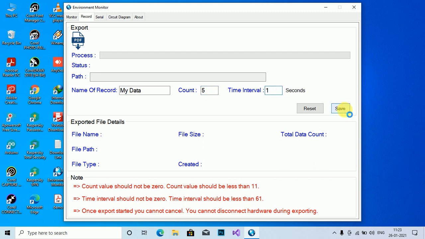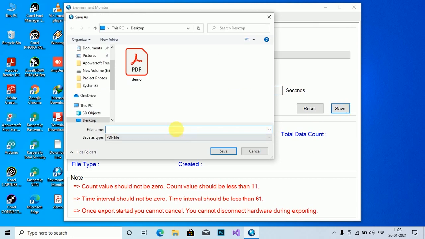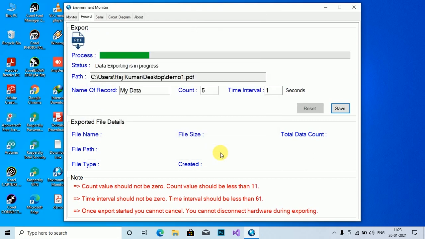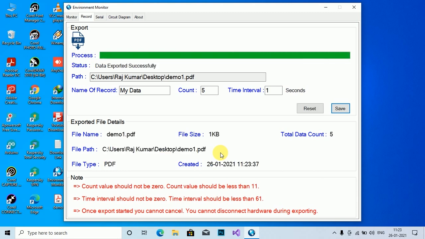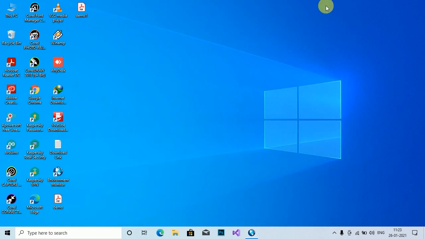Then again click on the save button, select your destination, give the file name. I am giving it as demo1, then click on save. Now the file has been exported successfully. Let's check it again. I am clicking on demo1.